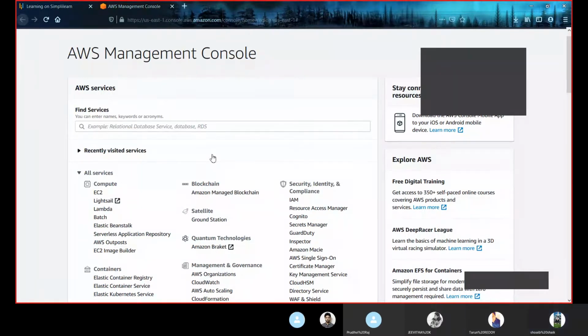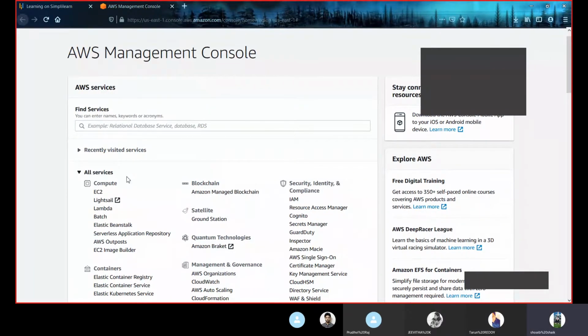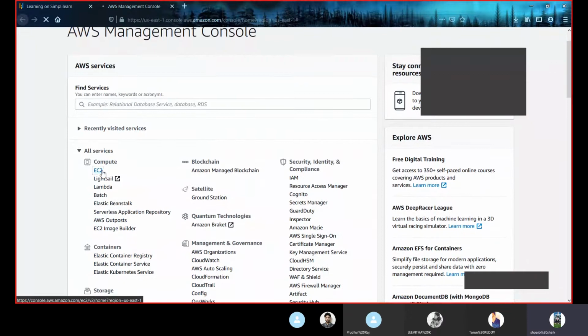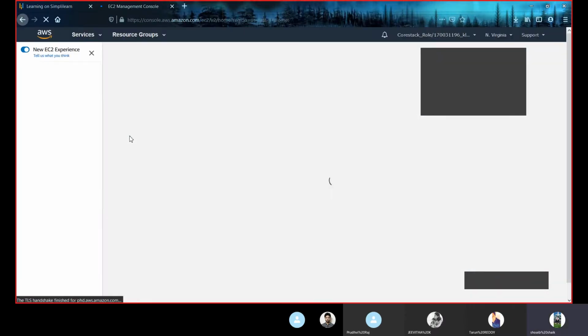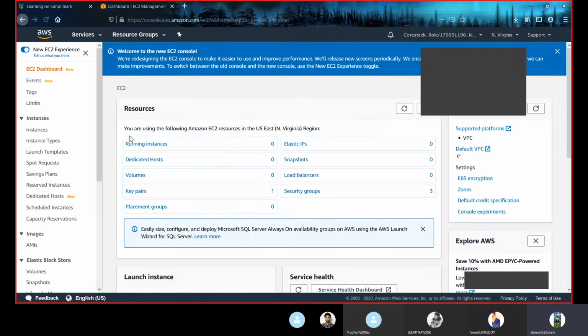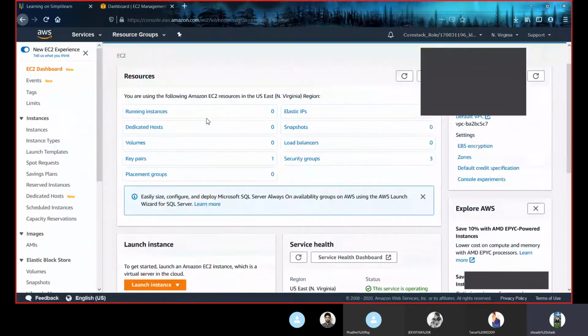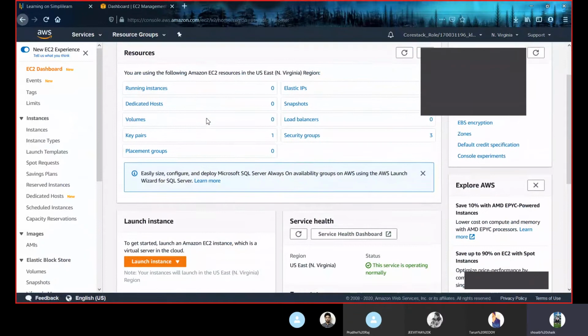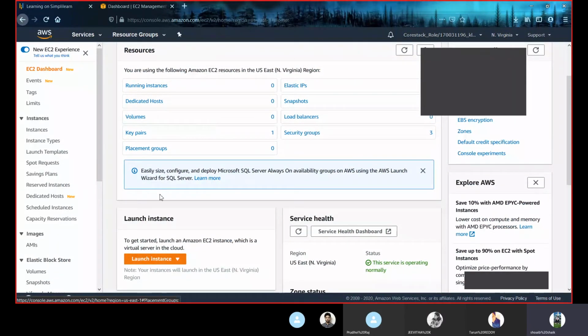Let's go to EC2. Here, this is the dashboard as I told you, and let us first launch an instance. Click launch instance.